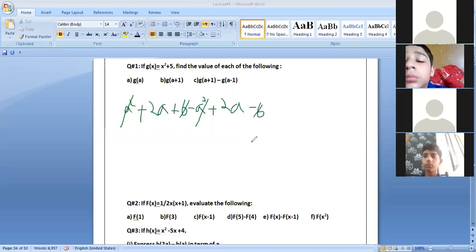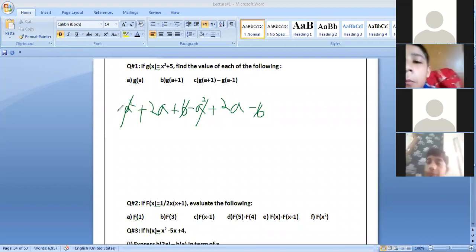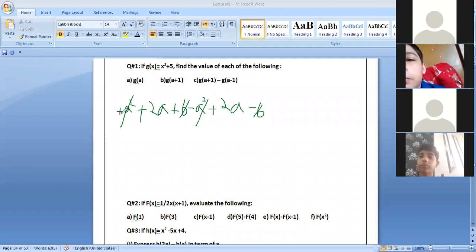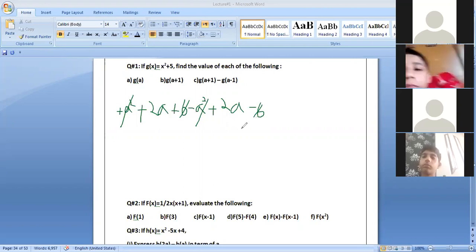We also had a square, same, but we cancelled it. Why? Can you tell me? Because the numbers have opposite sign. इनके ऊपर opposite sign था. ये plus में था. Here we have minus form. Plus 6, minus 6. That's why they cancel with each other.